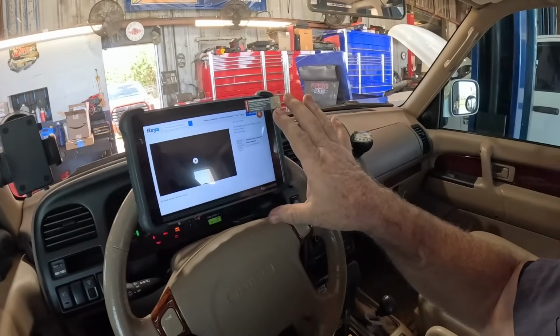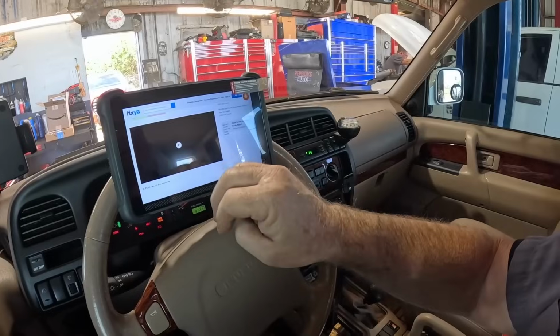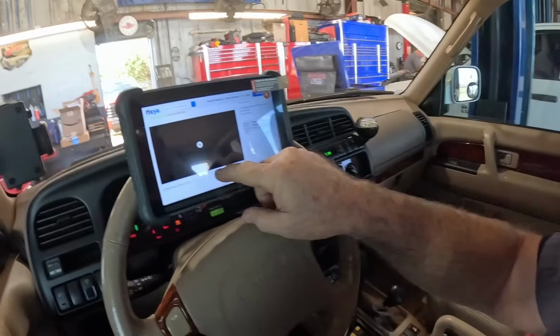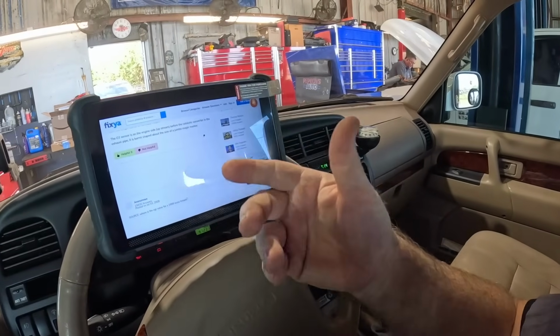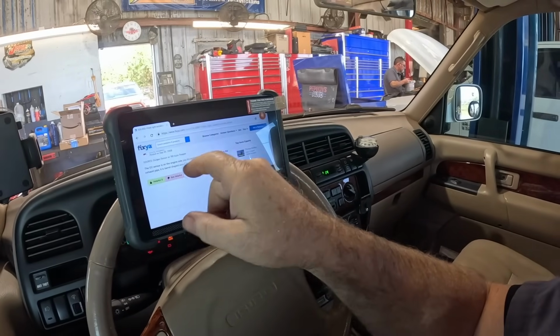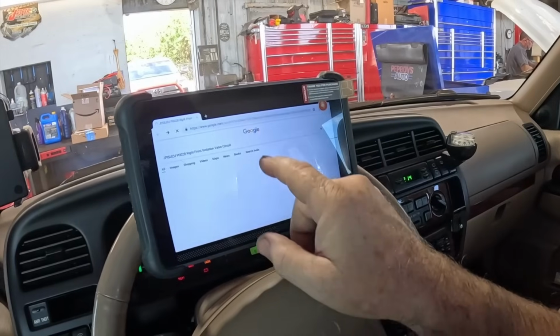Basically, you're searching online, just like if you use a cell phone or any other tablet or computer. That's what this basically is, a tablet using a Thinkcar software. So it's going to let you look around online, and if there's a lot of information online about your problem, it's going to show you. If there isn't, it's not going to show you. So this is talking about O2 sensors and things that have nothing to do with that ABS isolation valve. We'll see if this will